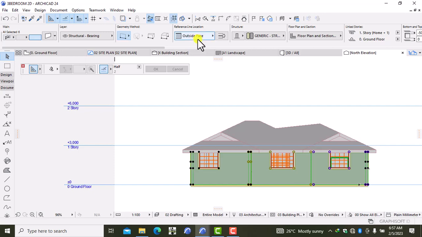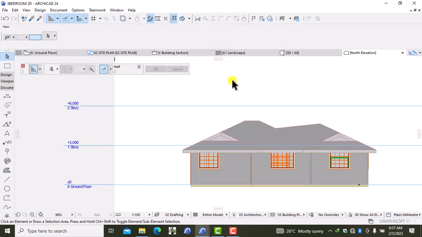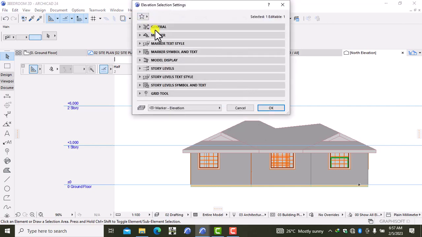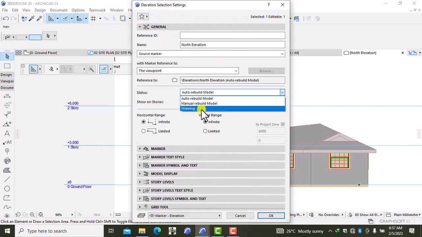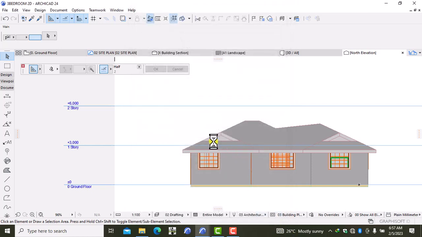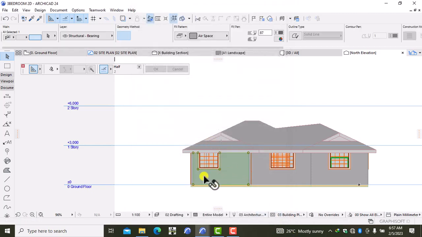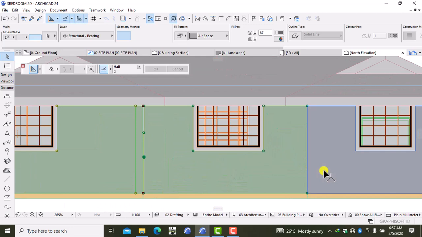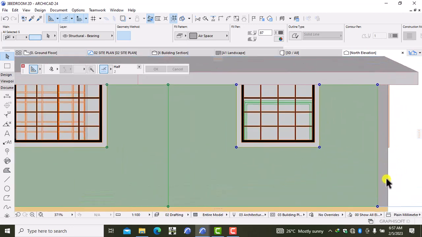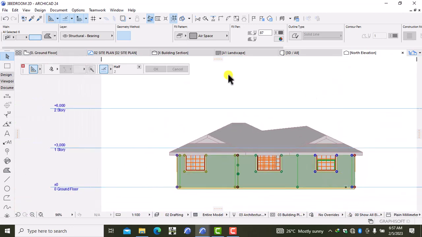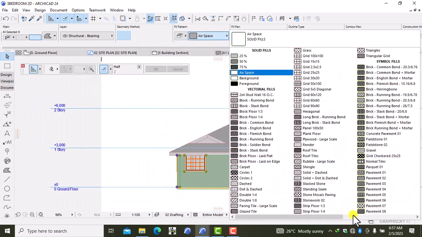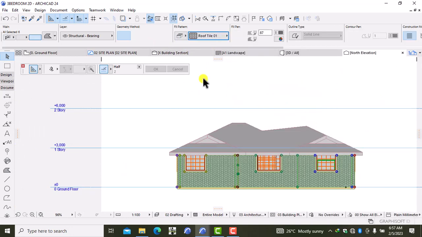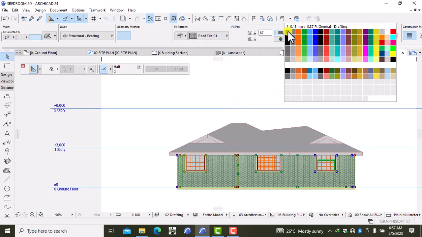So from there I just go to... completely forgetting to go to elevation settings, general, auto review and drawing. Okay. Then hold on to the shift tab, just go to this one, select, and then select, and then instead of pressing space to go back to roof 1, and then can use